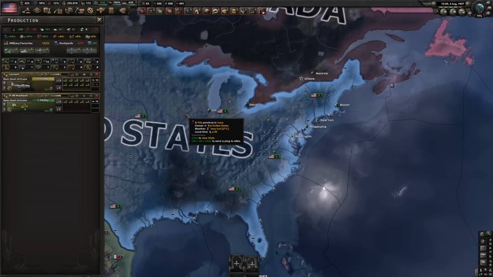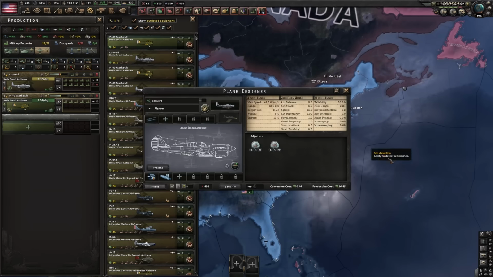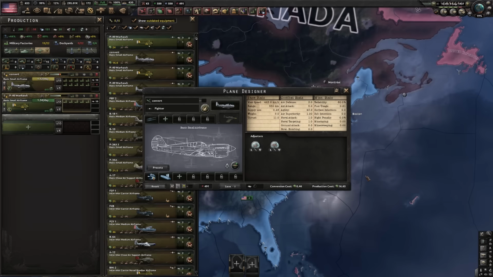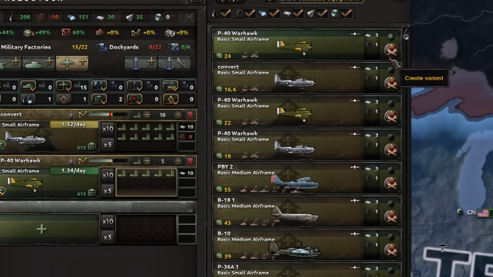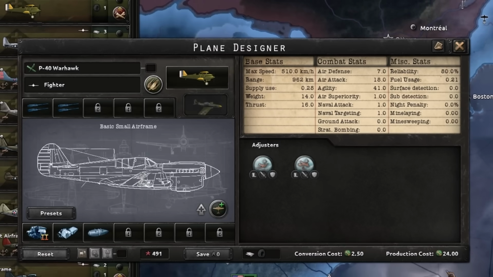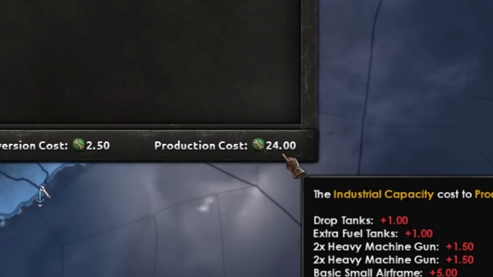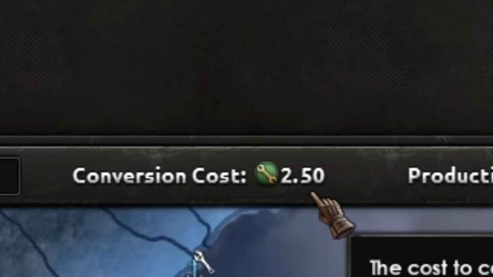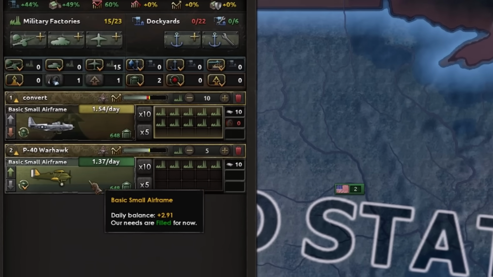Good example being planes. Usually they're pretty expensive and resource heavy, but if you were to create a very cheap plane with a pretty cheap production cost, and were just to spam out enough that you're making roughly about 1 a day, and then made an actual plane you're going to use, which is, that's quite a lot, 24 production cost, but the conversion cost only 2.5. It tends to add up that you can pretty much spam out a whole bunch of planes without the